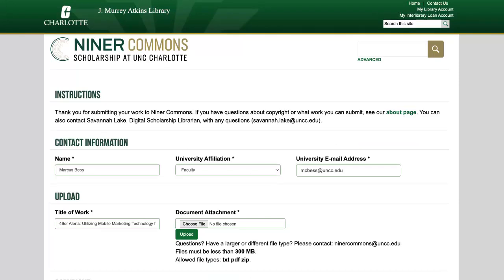Enter your contact information along with the title of your work. Then attach your work by clicking Choose File. You can upload PDFs or zip files that are under 300 megabytes. If you're submitting a file that is a different type or larger than 300 megabytes, contact Niner Commons at uncc.edu